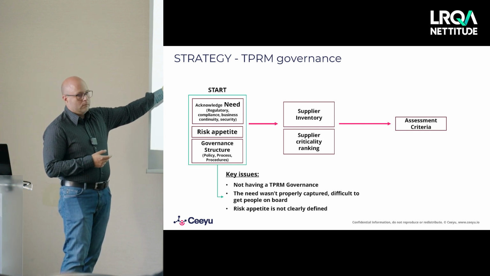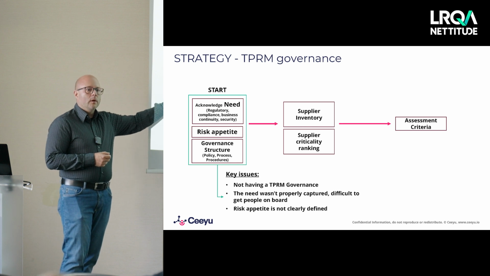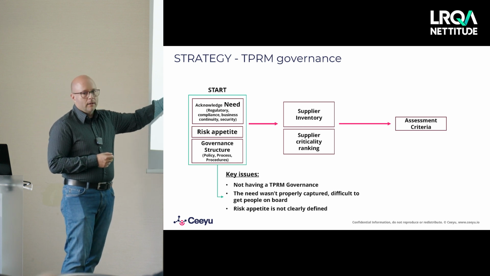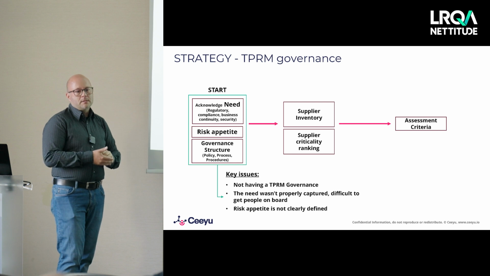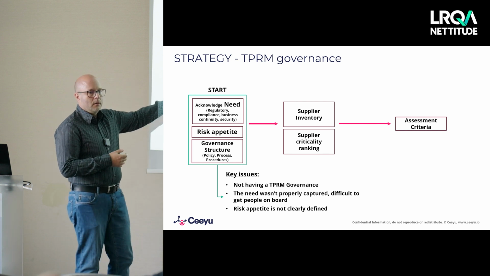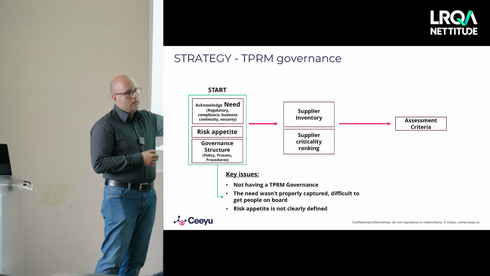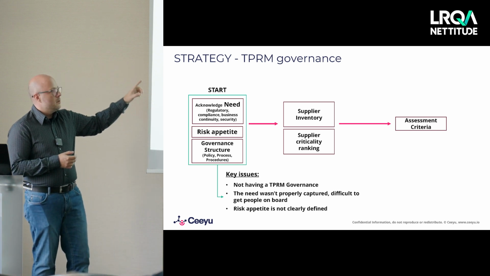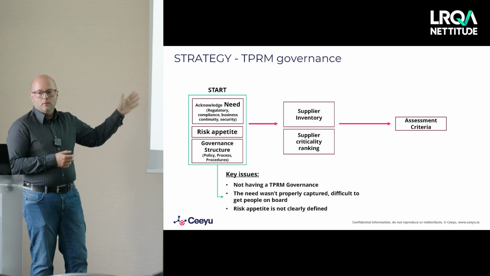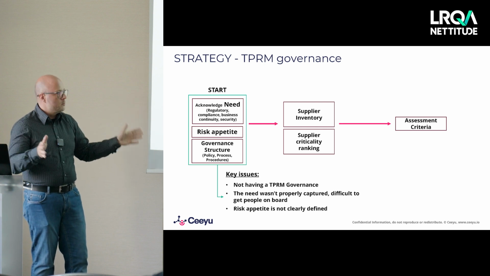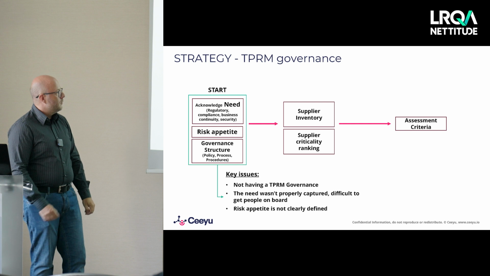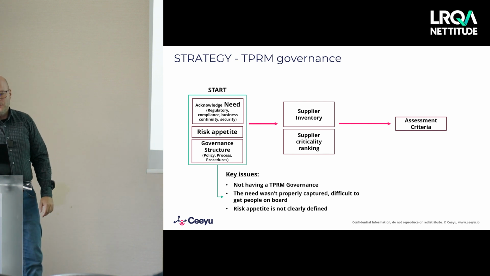Having a good governance structure in place and knowing why you're doing that, knowing what impacts our processes, would have highlighted the fact that that producer of car seats is a really important producer, because when they go out, the whole assembly line stops, the whole company stops moving. So that's a way of thinking about the criticality of your supplier. Be mindful